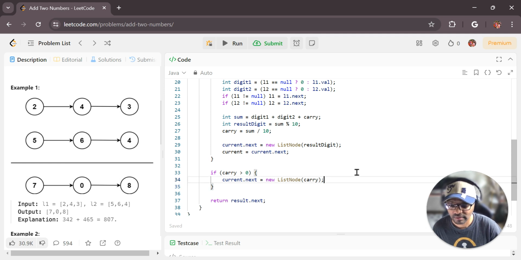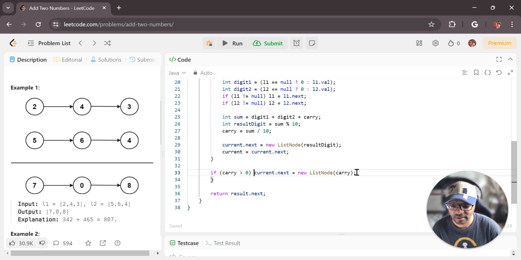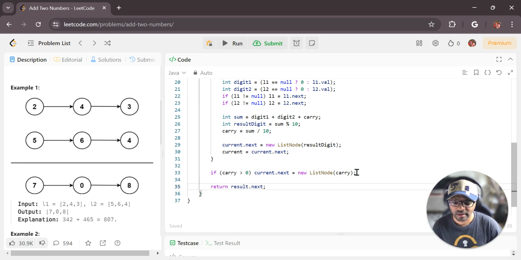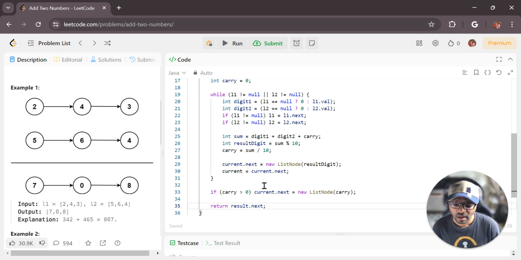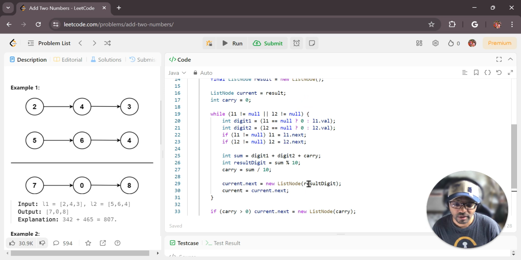So let's get rid of that, and you can even make that a single line if you wanted. I generally like that if it is a single statement, and then you could just return result.next. This will work, but what I think is slightly cleaner is to actually do this, or carry is